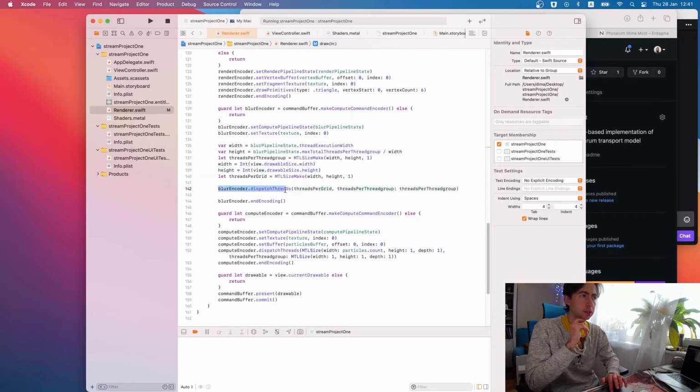Next, we say that, okay, get ready. Here we say that we complete setting up this blur encoder, blur step. And this is the compute encoder for the particle simulation step.